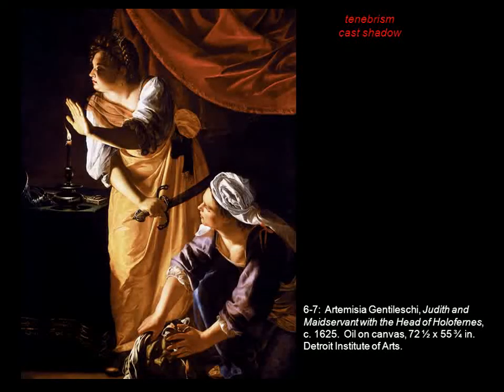Now, chiaroscuro really is about this relatively subtle transition from light to shade. But artists over time begin to discover that while the subtle transition of light to shade, things like modeling, can suggest a form's three-dimensionality, light and shade also has dramatic potential. And so the idea is that the more dramatic the contrast between the light and shade, and in a lot of cases the more abrupt the transition from the light and shade, the more dramatic impact it will have on